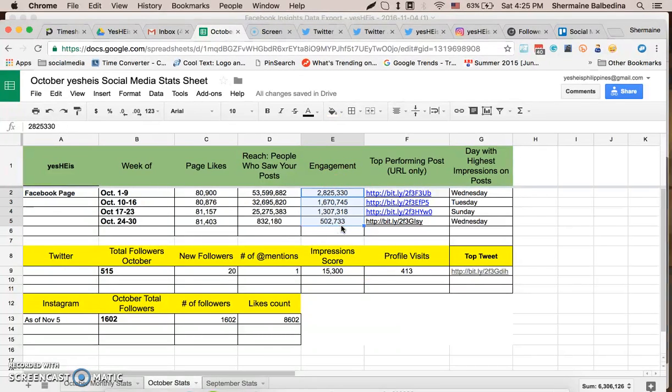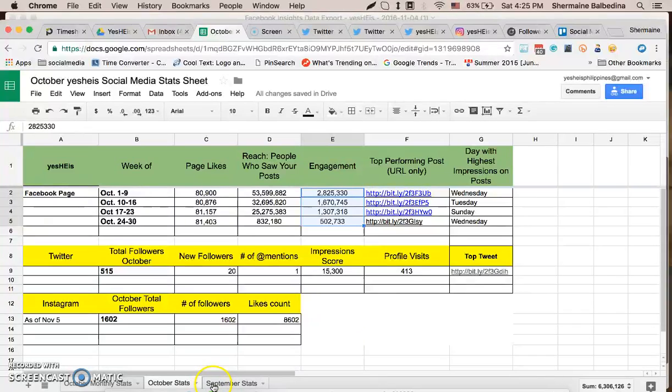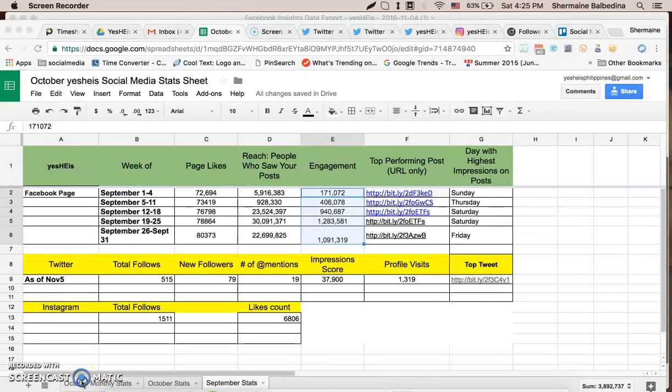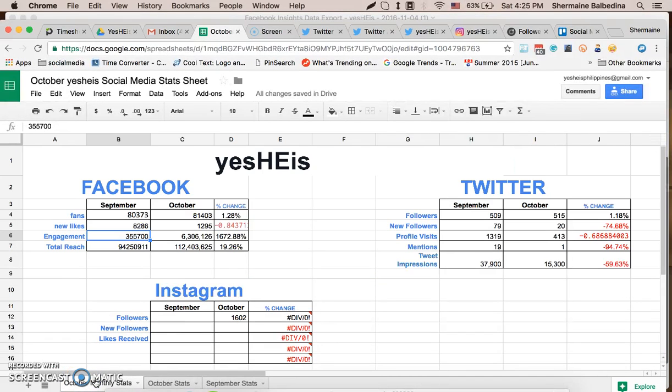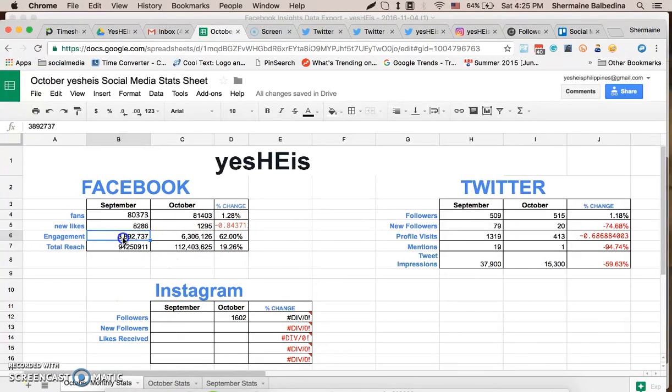So this should be 3,892,737. So we increased by 62%.